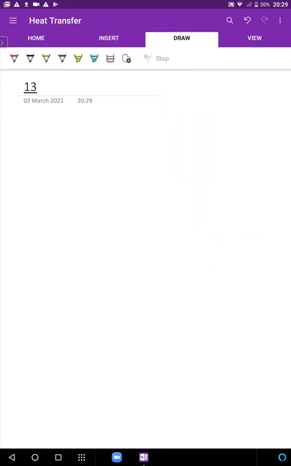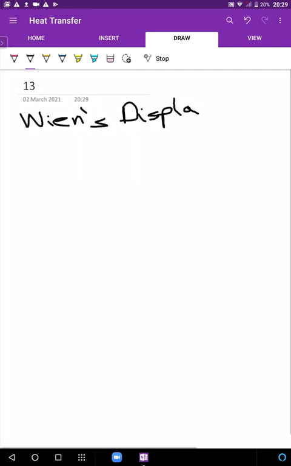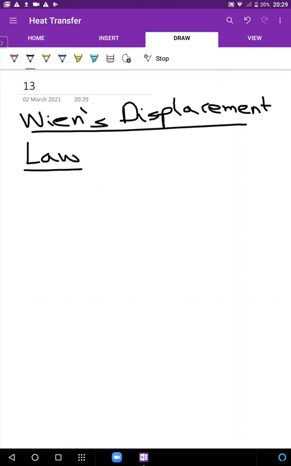Now, a very simple law. I think this is maybe one of the first formulas that you're going to see which can come as a numerical. And actually, there's no challenge in this. It's a very, very, very simple formula. But first, let's understand the law. This is, of course, named after the scientist: Wien's displacement law.